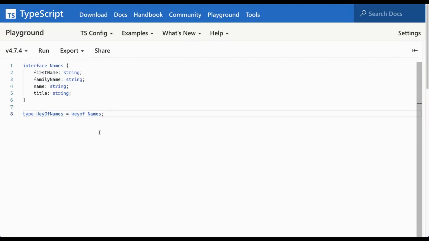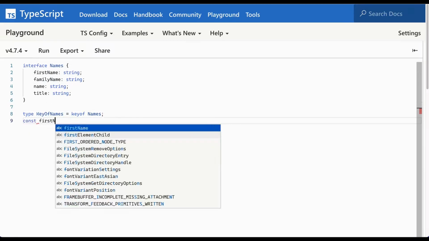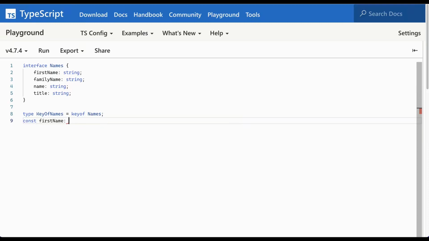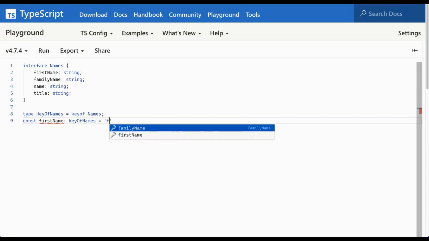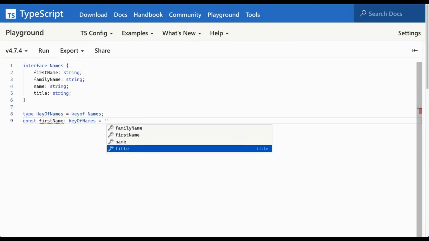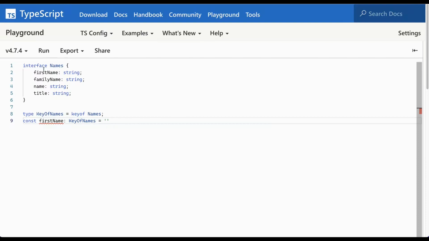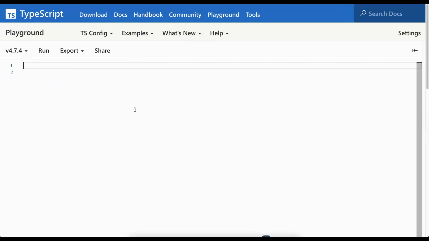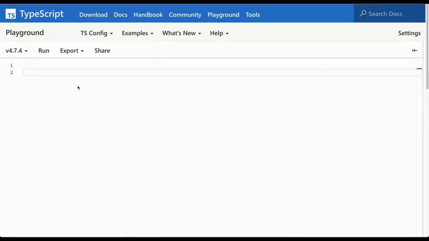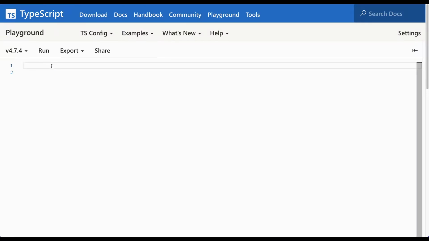keys. So if we have a const firstName, and this one is of type key of names, it can only have the value of either familyName, firstName, name or title, which are coming directly from the keys of this object. We have seen how to use the keyof operator. We can have a look at how to get a value from an object, like a deep value from an